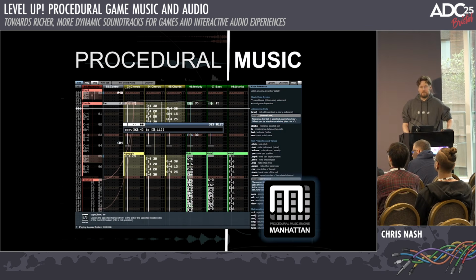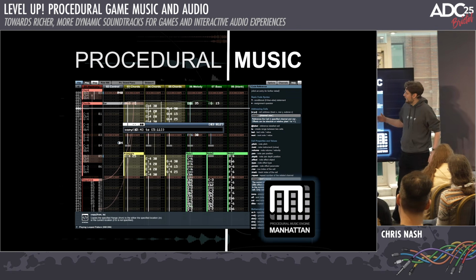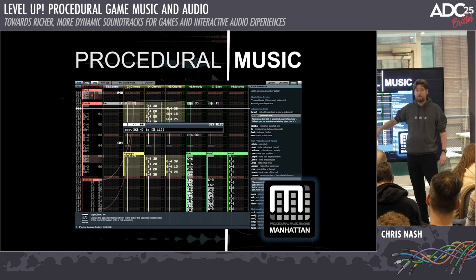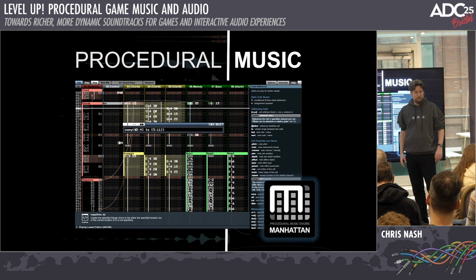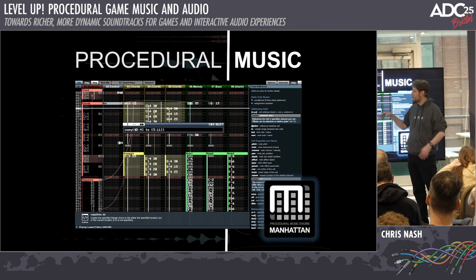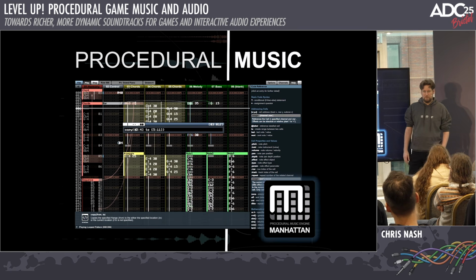What if we put formulas in the cells? So that's the main idea behind Manhattan. It is a tracker. You can put notes in the cells, so you can manually sequence music to your heart's content, or you can put code as musical events in the score, and it gets executed as that cell gets played, so the piece changes over time. I just did this on a whim over Christmas at one stage, and I thought, see what it does.